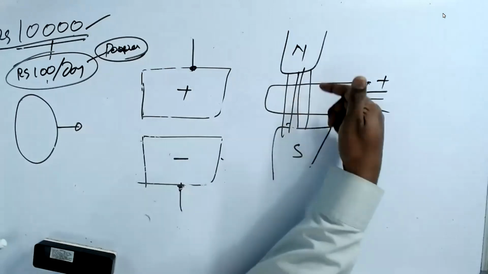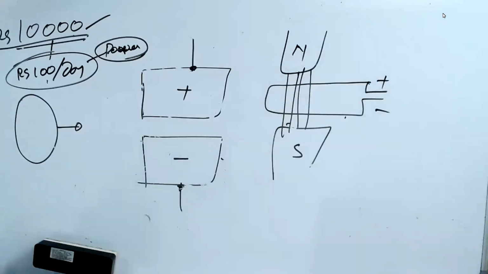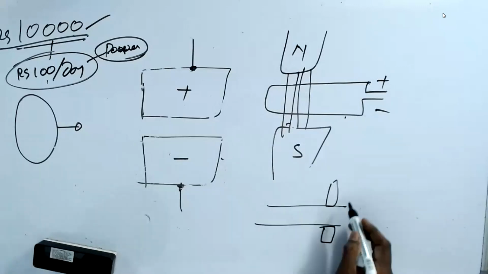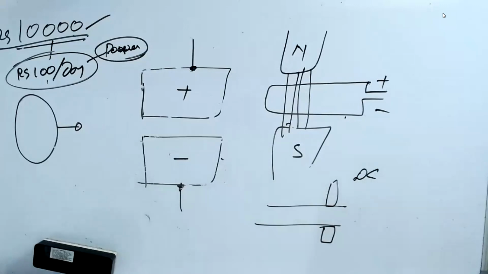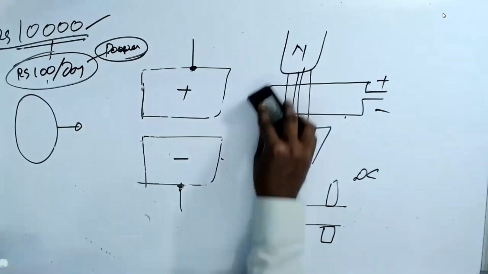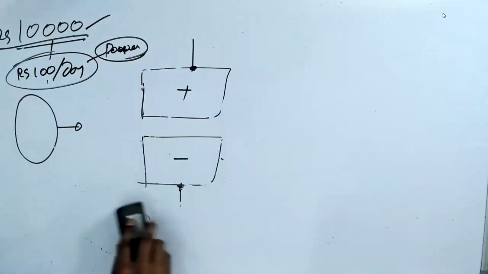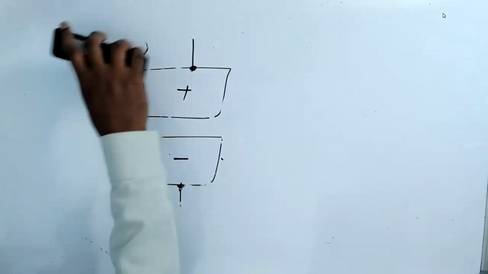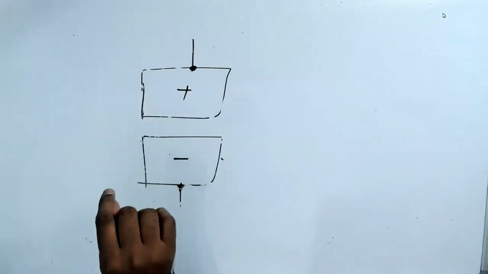When that becomes bottom, this becomes negative. That's why they want to have two things. One is called slip rings, which produces AC voltage, and the other produces DC voltage. You know that. These are the two kinds of generation that you have studied in college. But I'm not here to talk about generation. I'm going to tell you what generation is.